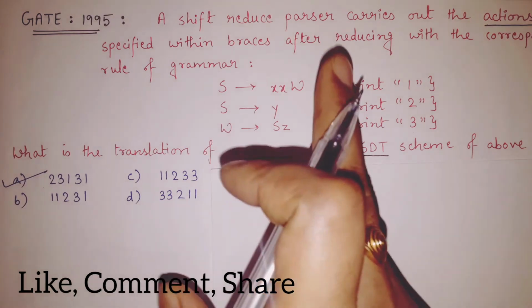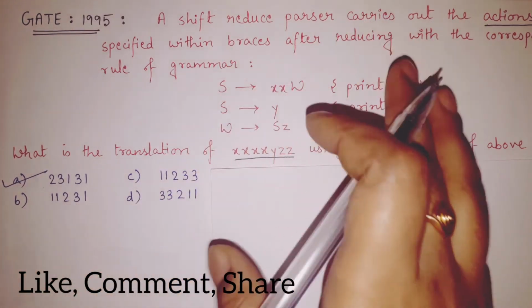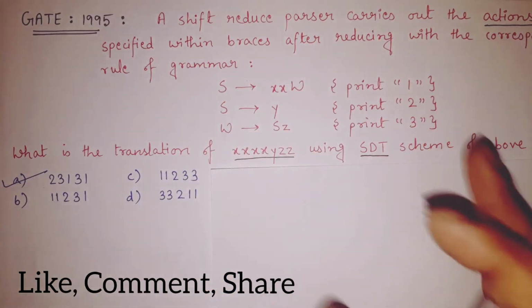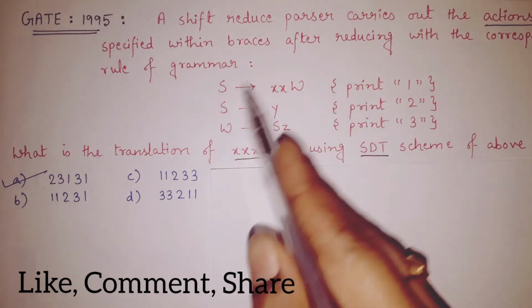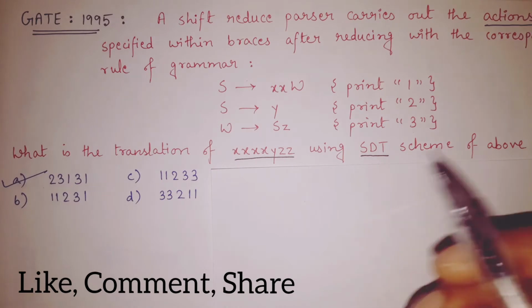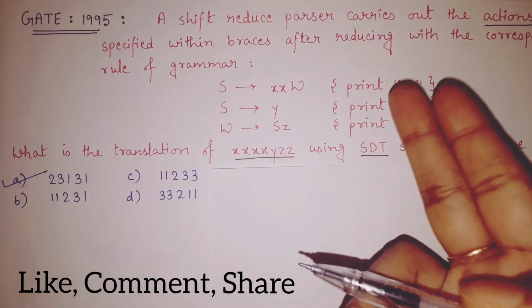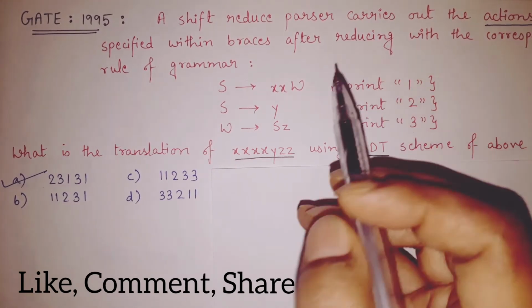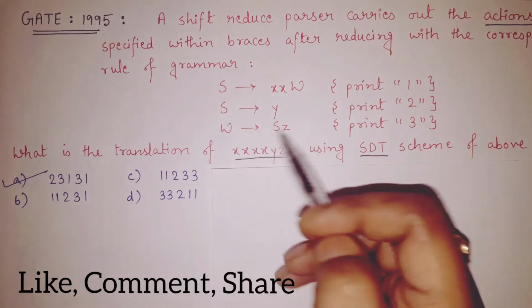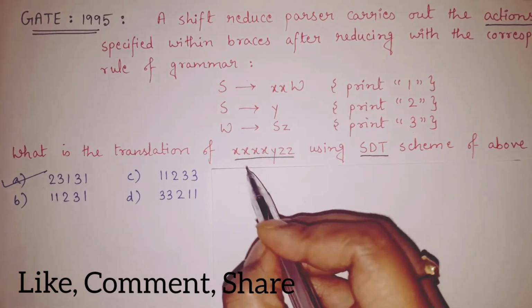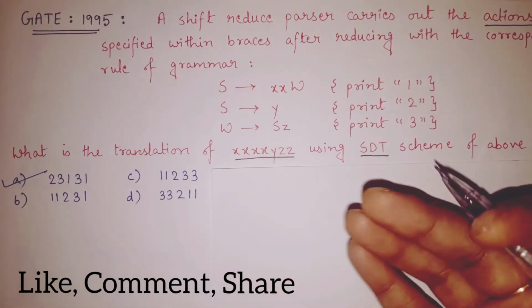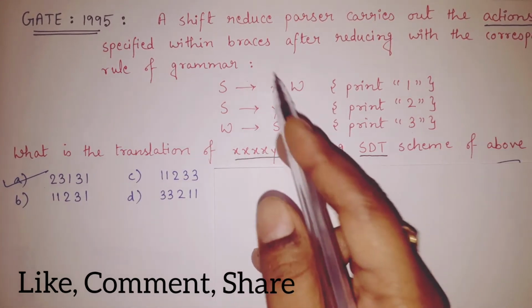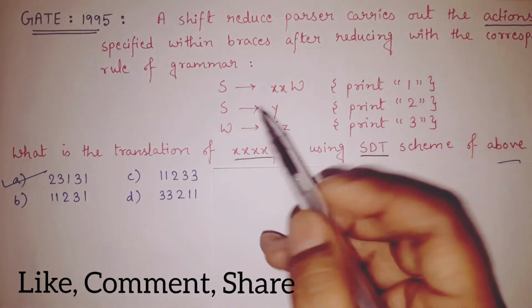So what was our first step? To construct our parse tree. So without wasting any time, let's directly construct the parse tree for this grammar. See, we have to take care of two things while making the parse tree. The first is that we have to consider this grammar, and the second is that we are already given this string. So we will try to generate this string with the help of this grammar. Let's start with the starting symbol.